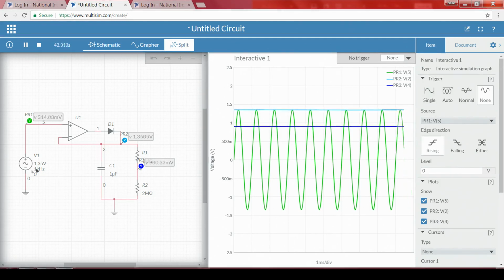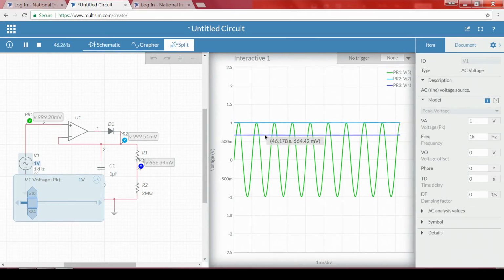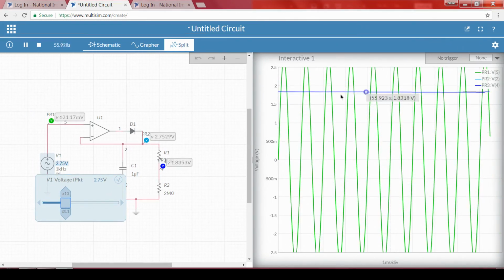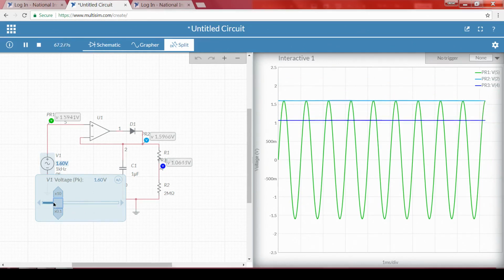Now, to understand that, let me change the input voltage to 1 volt. Now observe, 664 millivolts. That means it is properly following the threshold point that we set. If the input voltage changes, the threshold value will also change, and how fast it changes depends on the capacitor value that we have chosen. In this case we have chosen a 1 microfarad capacitor. So another requirement for the signal conditioning circuit, or signal processing circuit, of our ECG is completely fulfilled using this circuit.